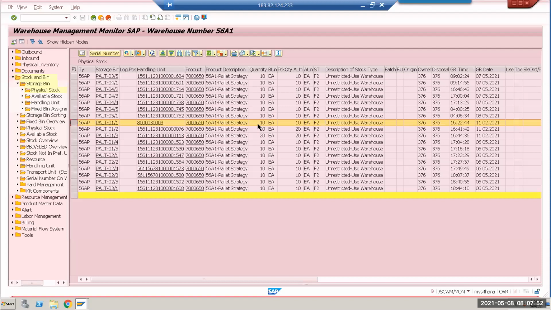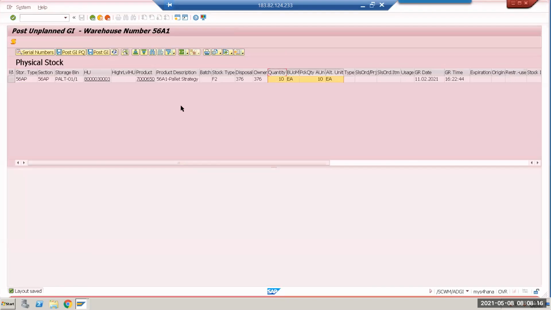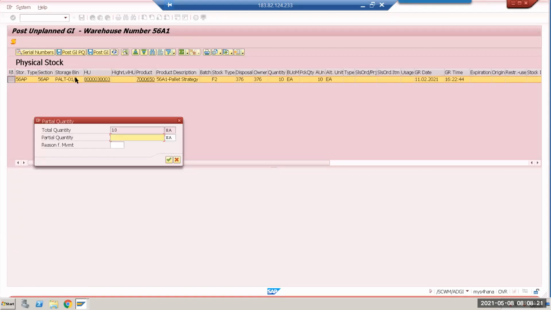So increase of the stock can happen only two ways, right? One is take the goods receipt and then keep the same material into this HU if possible, then it is going to be 20. Second option, physical inventory. When you are doing the physical inventory, make sure that you do the physical inventory and then increase the stock to 20. But other way around, there is an option out here.